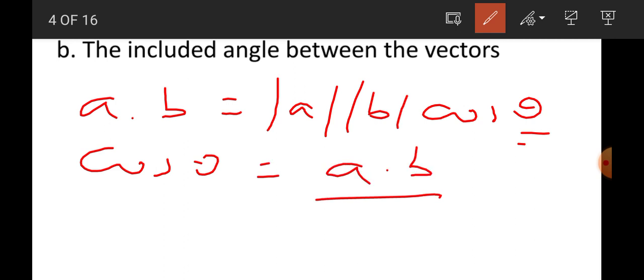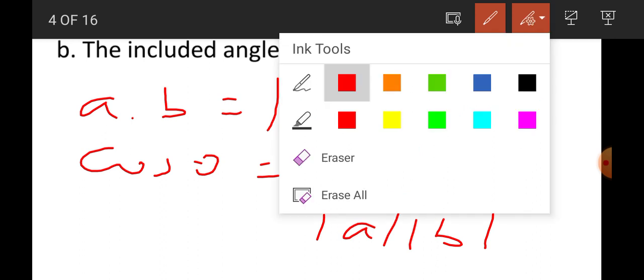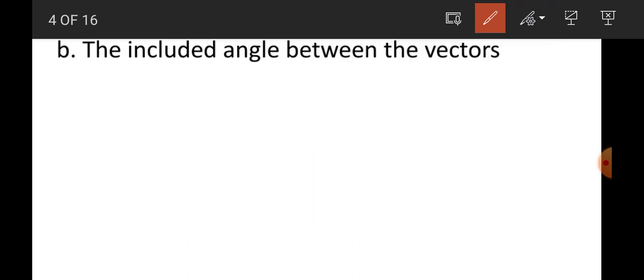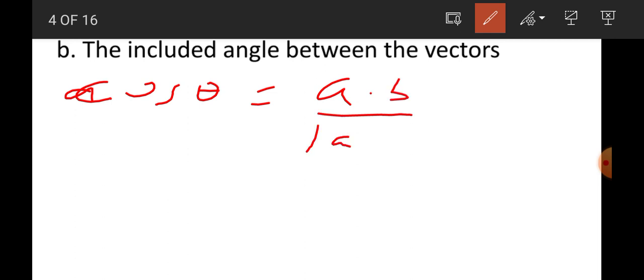Therefore, cos of theta is equals to A dot B over magnitude of A times magnitude of vector b. Therefore, a dot b cos theta is equals to a dot b over magnitude of a times magnitude of b. So this is equal to a dot b ቅድም አንድ ነበር ያመጣ ነው። a dot b 1 over magnitude of